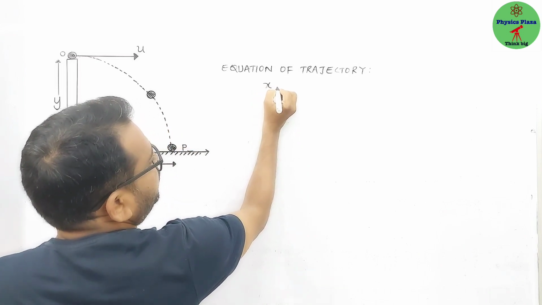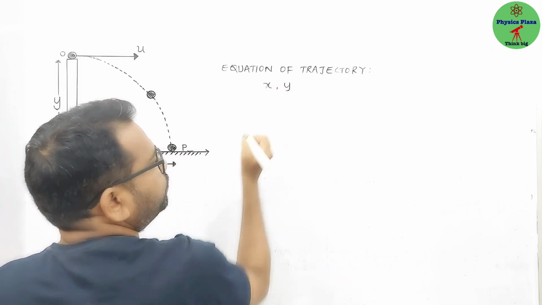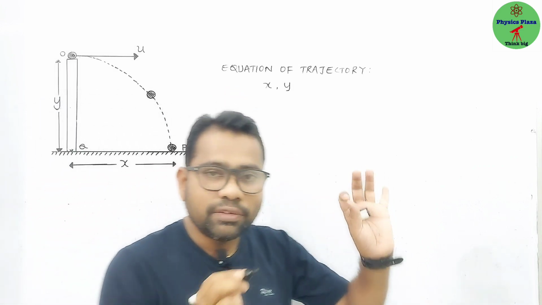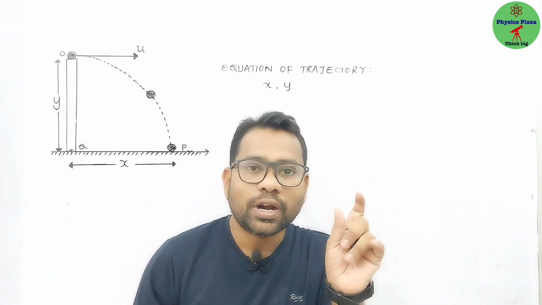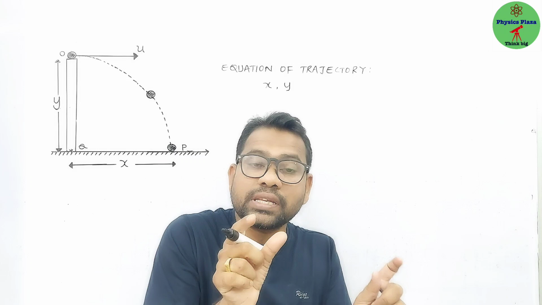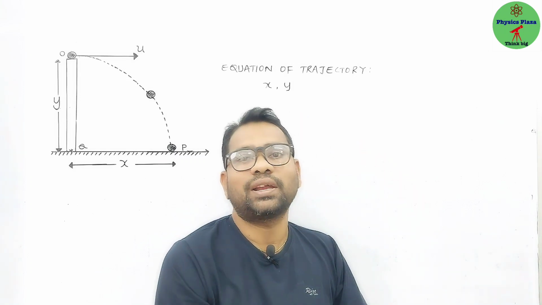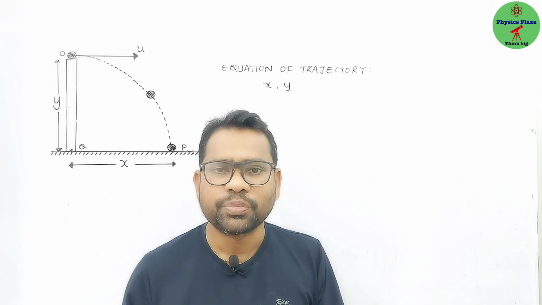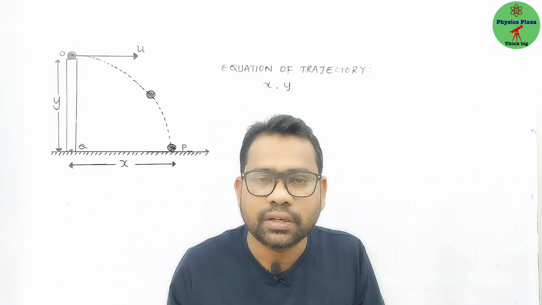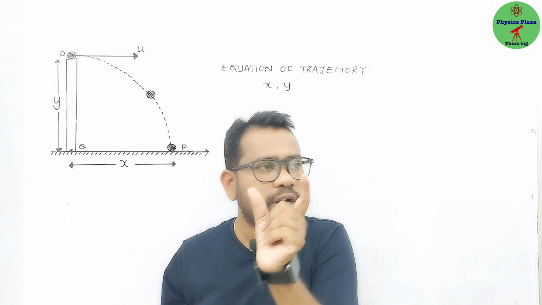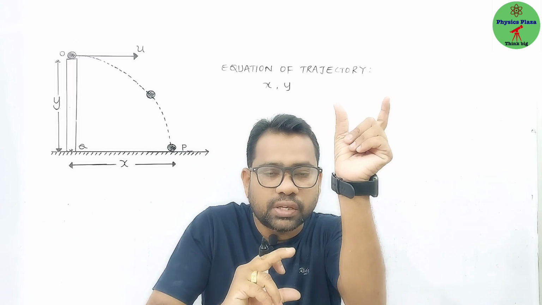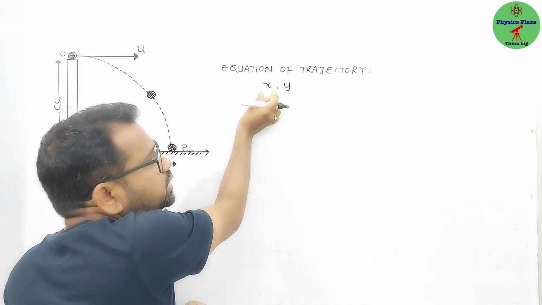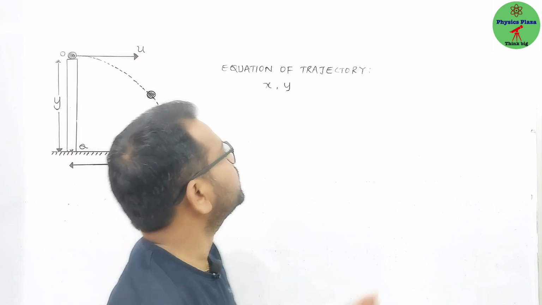that is x. It also covers some vertical distance in the downward direction. The equation which gives the relation between the horizontal distance and the vertical distance covered by the projectile is called the equation of trajectory. Children, I repeat once again: a projectile is covering some horizontal distance and a vertical distance. The equation which gives the relation between these two,